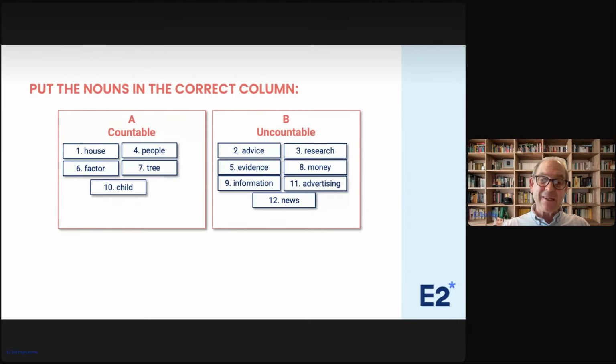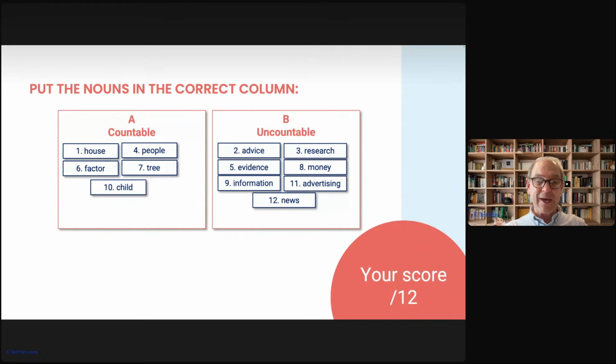Why? Because these tend to be abstract nouns that are unable to be counted. There's just one unit of them, whereas with countable nouns, there can be multiple units of the same thing. Okay, so